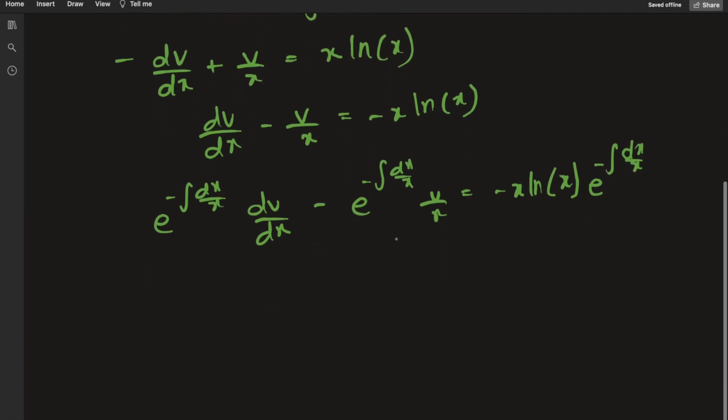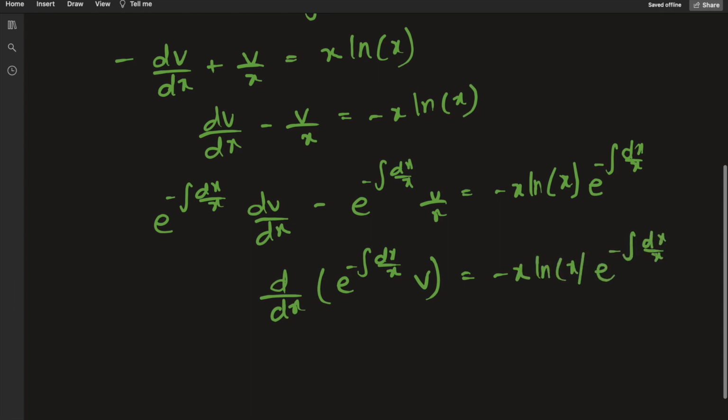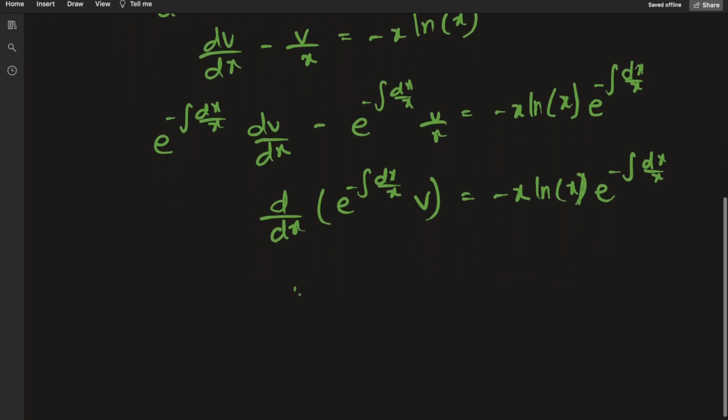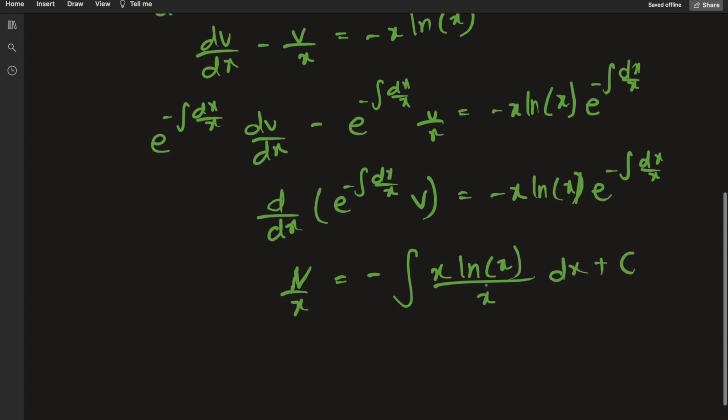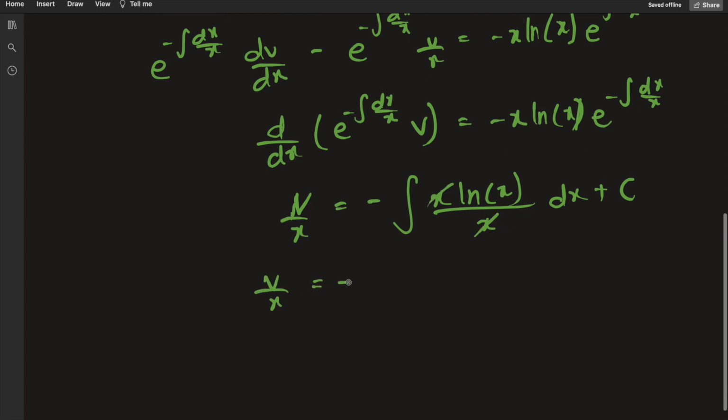Notice that this entire thing on the left hand side is just the derivative with respect to x of e raised to negative integral dx over x times v, and the right side is negative x natural log of x times e raised to negative integral dx over x. Well, we know the integral of dx over x is natural log of x. With a negative, that will become natural log of 1 over x, and that is in the exponent of e, so that's just going to be 1 over x. So we just have v over x here, and I am taking the antiderivative simultaneously. So I have the antiderivative of x natural log of x, and this just turned out to be 1 over x as we discussed before, dx plus constant of integration c. The x's will cancel out. We have v over x is negative,